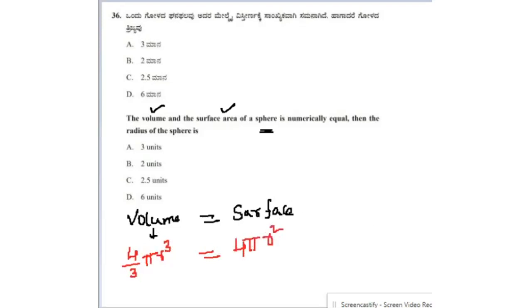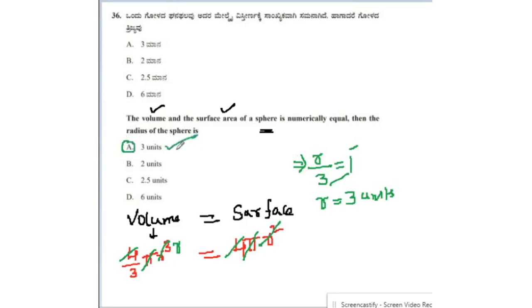So we are going to do some calculations. After that, we are going to find the radius. So 4 gets cancelled, pi on either side of the equal sign gets cancelled, and in r square and r cube, r square will cancel, only r is remaining. r by 3 is equal to 1, because nothing else is there on the right hand side. So r by 3 is equal to 1. Obviously r is equal to 3 times 1, which is 3. So the radius of the sphere will be 3 units. Option A is the correct answer.